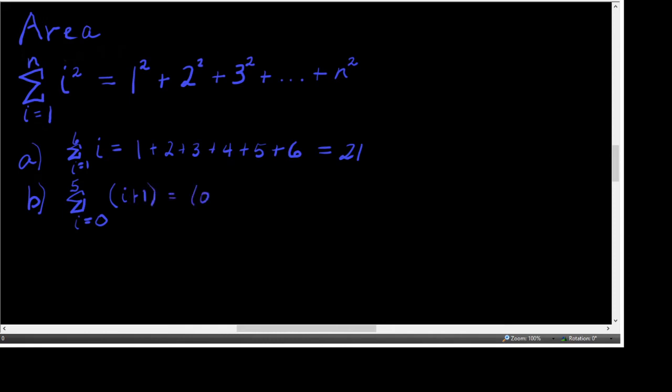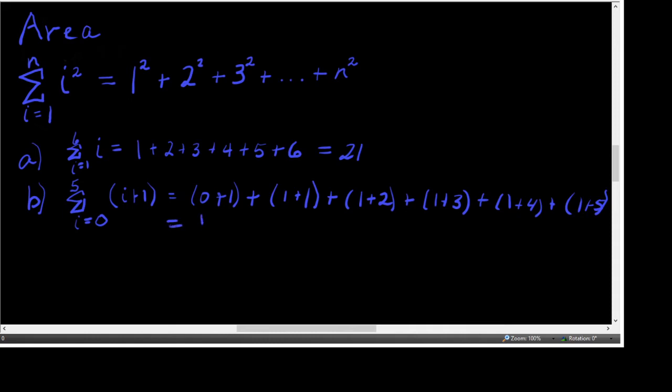So substituting in first 0, plus, now put in 1, now put in 2, now put in 3, now put in 4, and finally put in 5. So that expands this one. If we simplify, that becomes 1 plus 2 plus 3 plus 4